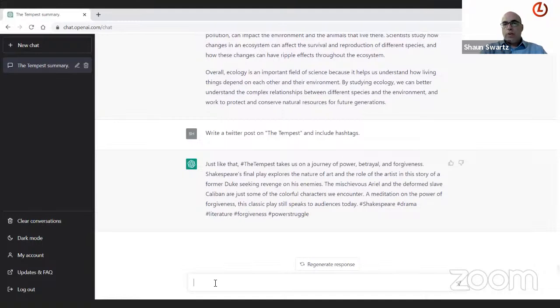There's a post that we can use. Now, we could ask it to adapt it accordingly. We could say, well, shorten the post and exclude Ariel.